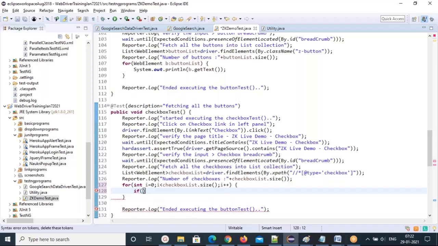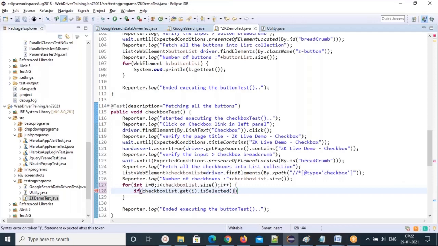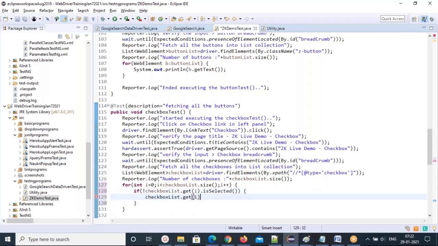If checkbox list dot get of i is not selected, I'm using the isSelected method, so I have to use a negation here. If not selected, then check this checkbox. Checkbox list dot get of i is the checkbox element, then dot click method.